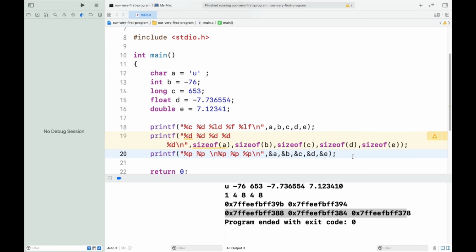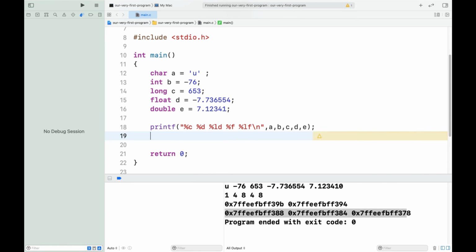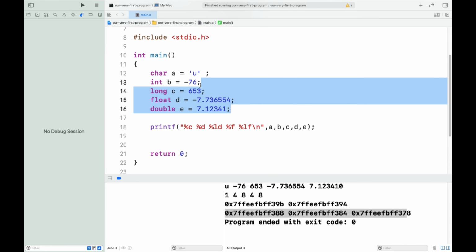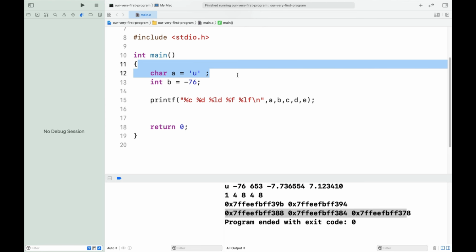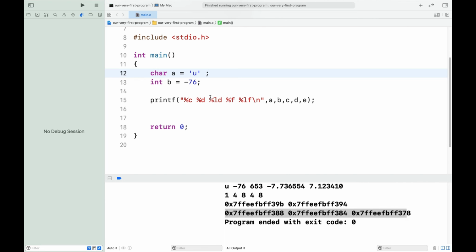Now one more thing I need to tell you in this video: what if I remove all these things? We will be playing with integer and character only. C, D, E, they do not exist.